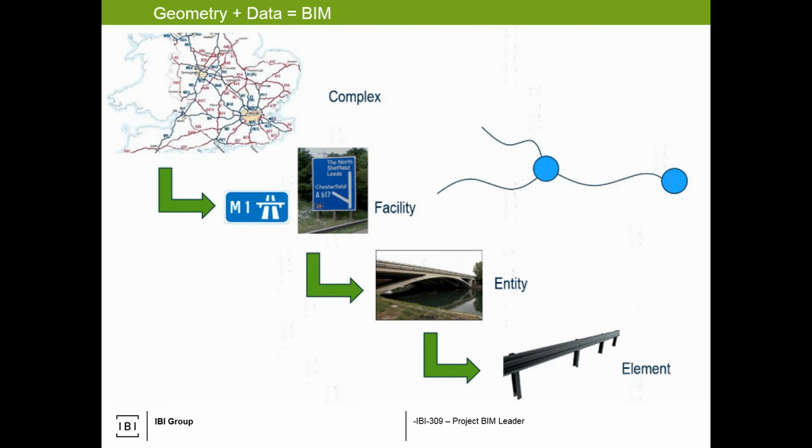BIM is also components from the macro to the micro level. So this diagram shows a guardrail that's part of a bridge, that's part of a road, that's part of a road network. So you think when you look in the rooms you're in, every single component is inherently tied to some other aspect. So the chair to a table to a room to a floor to a building, which is then on a street, in a city, etc. And you can just keep going more macro and macro. So you're tying information digitally to its geospatial location as well as to some of the characteristics about the component itself.